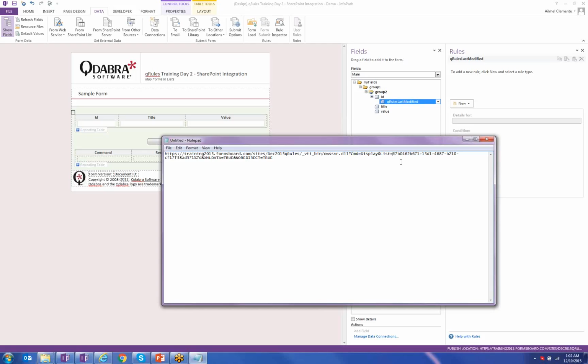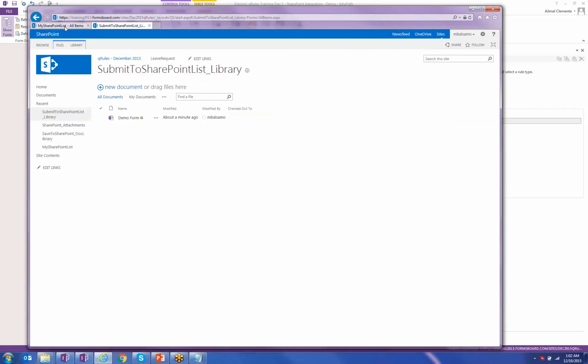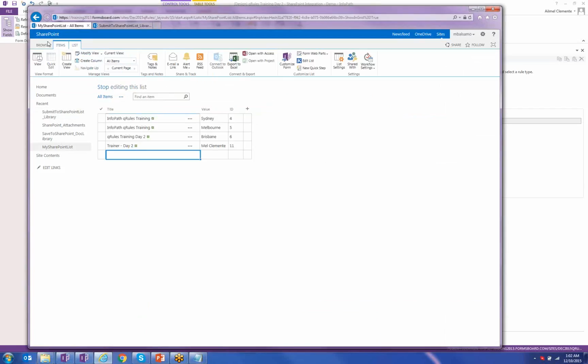Okay, so from here to the percent up to here is your list GUID, and I don't think that is the correct one, so I'm going to correct that. This is the decoded GUID to your list where you're submitting items, where you want to refresh data from. So I'm going to grab that by going to my list here, going to list settings,